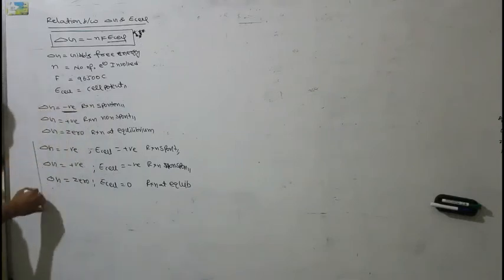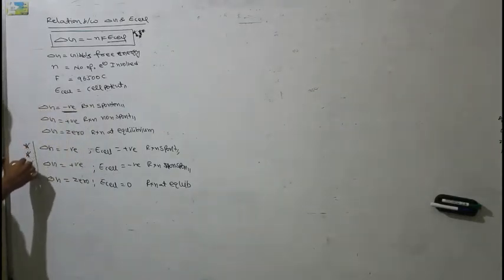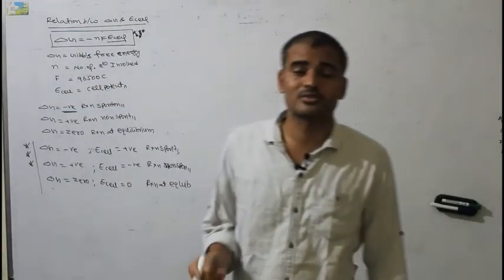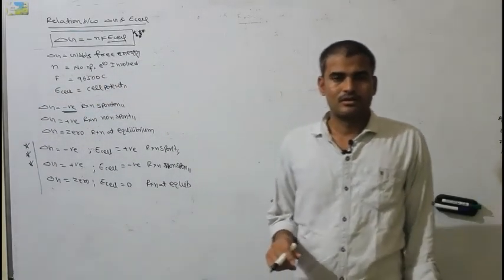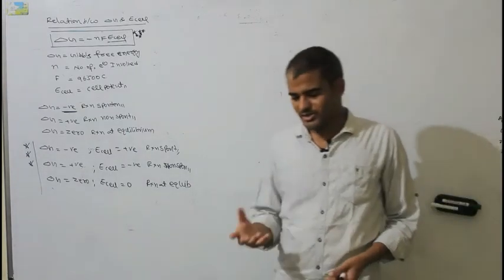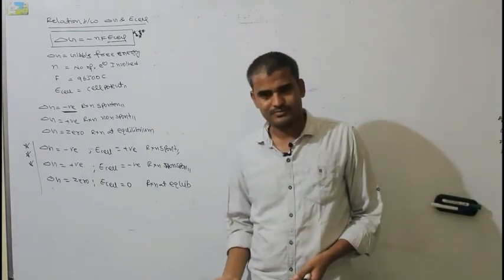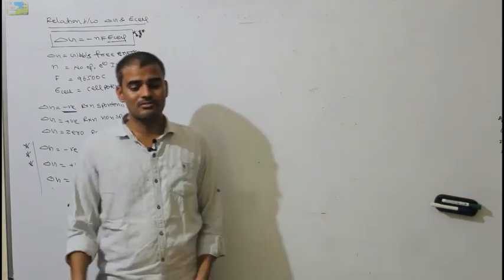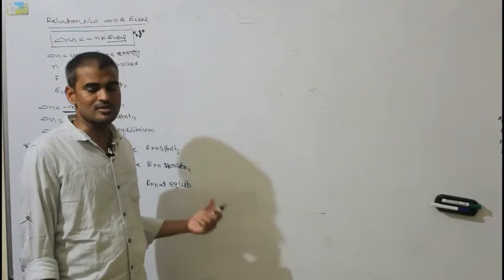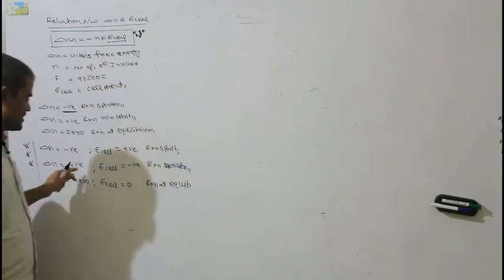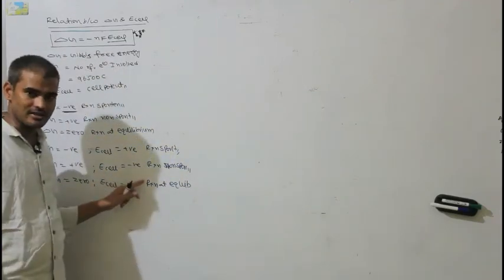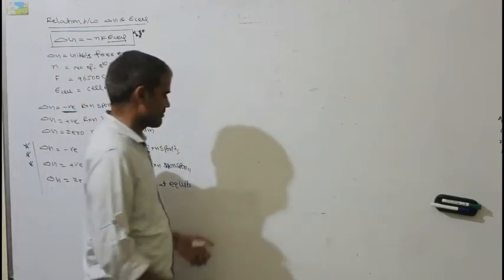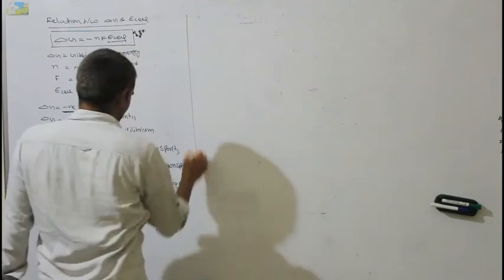Remember these terms. Spontaneity can be predicted by del G as well as by the E cell. As per Gibbs free energy, del G must be negative, so the reaction is spontaneous. But with E cell, cell potential must be positive, then spontaneous. If del G is positive, E cell will be negative. If both are 0, the reaction is at equilibrium. With one question you will get some idea.